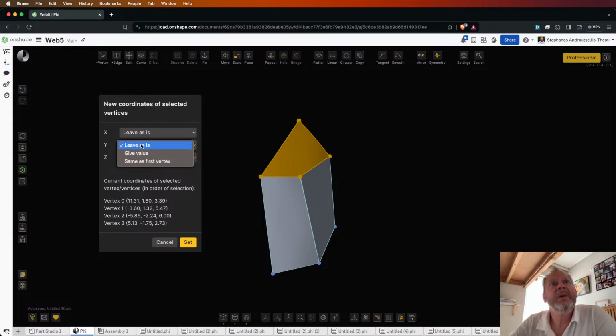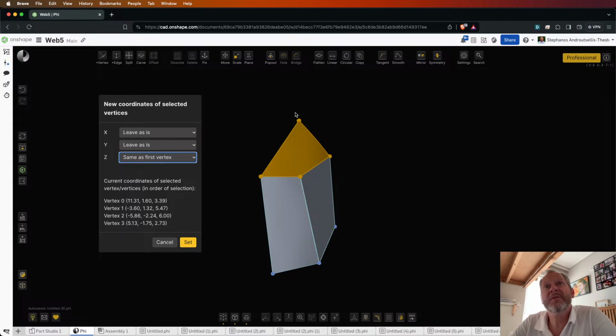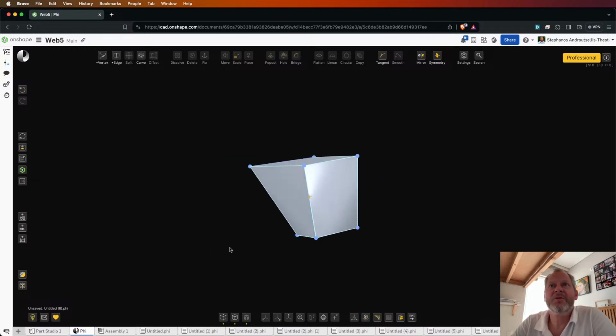For the y, I will do the same. And for the z coordinate, which is the vertical coordinate, I will not leave it as it is. I will not give it a specific value, but I will select the third option to make it the same as the z coordinate of the first vertex I selected. So I hit set, and sorry, the view was a little,